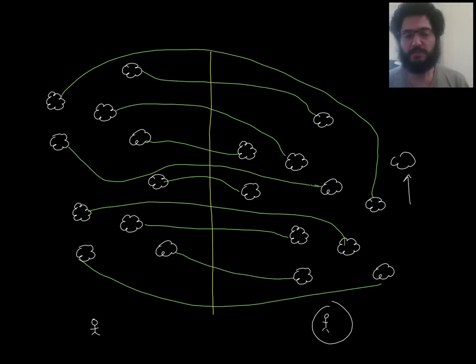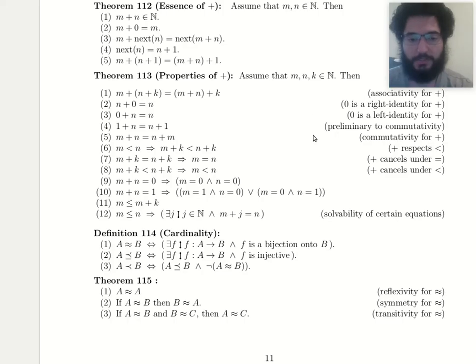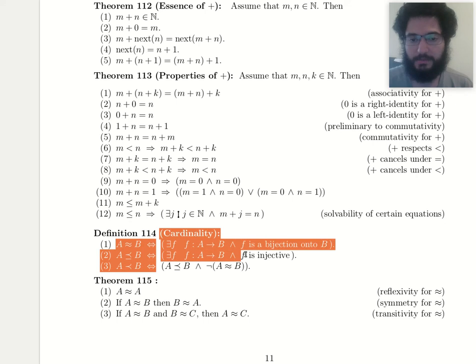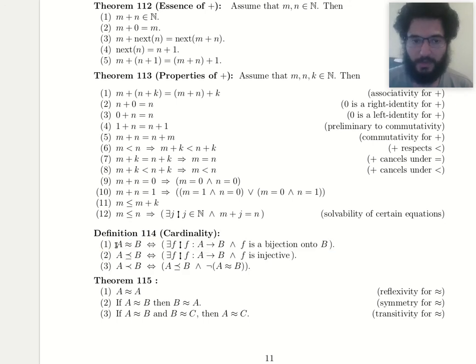But what about us? We definitely have a concept of number. We just finished defining the natural numbers. So why are we taking this weird abstract route for defining what it means for two sets to have the same number of elements? Why don't we go ahead and use numbers? Well, we have finite numbers, right? But actually,